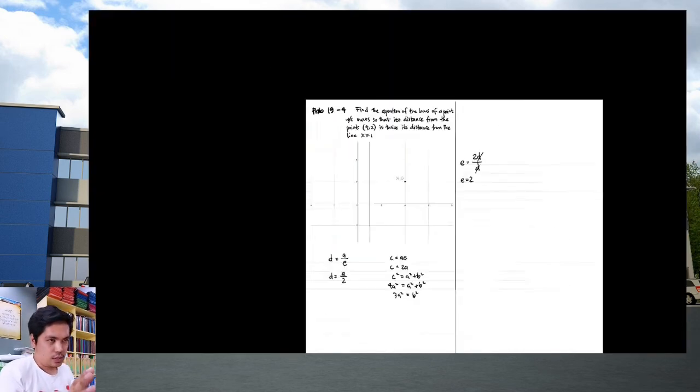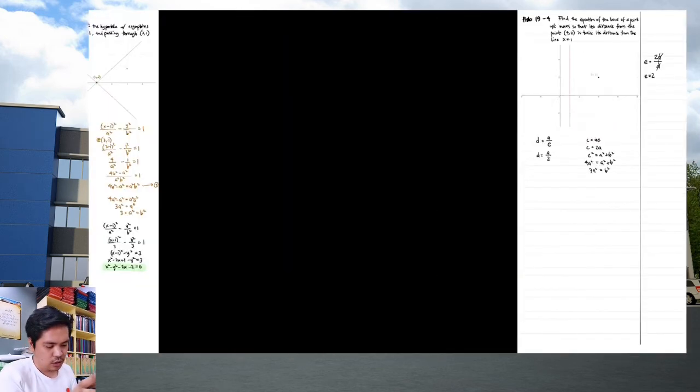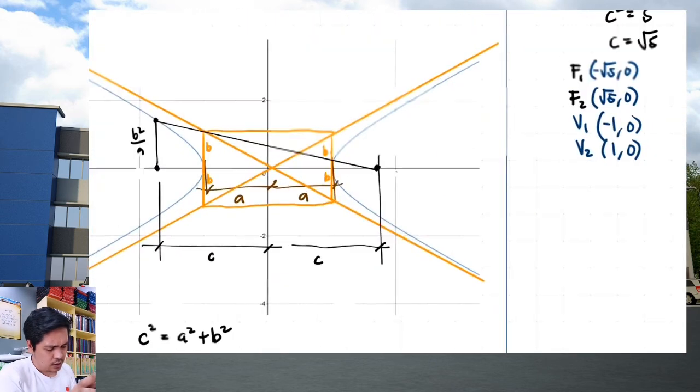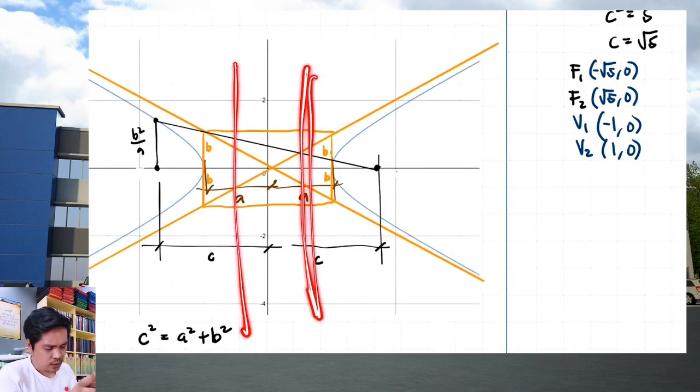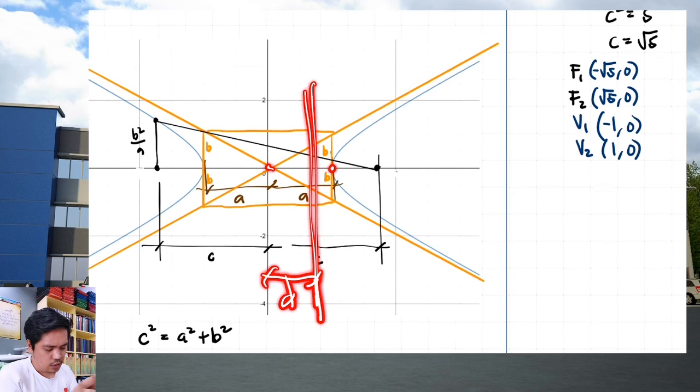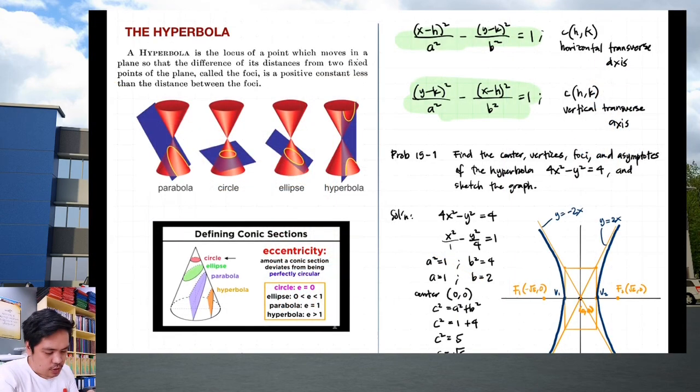Kasi yung directrix is in between for hyperbolas. Our directrix is dito banda. So, in between the center and the vertex. So, ito yung D natin. Then, ito yung A. And ito yung C. So, if we look at the figure